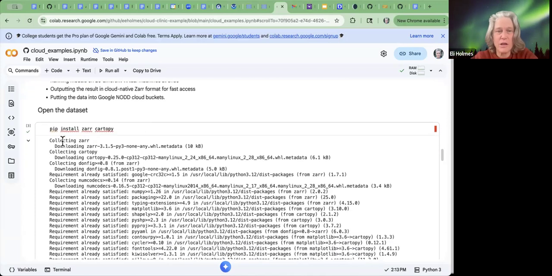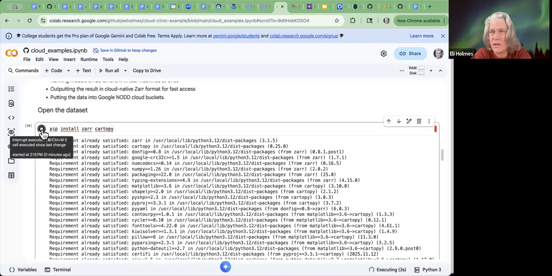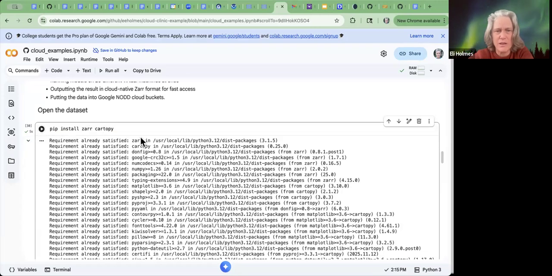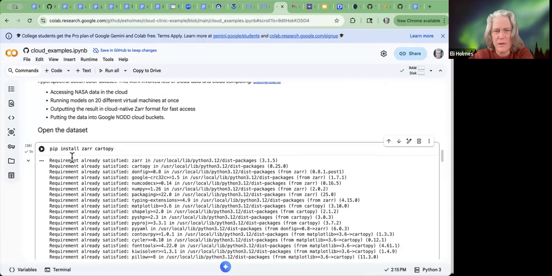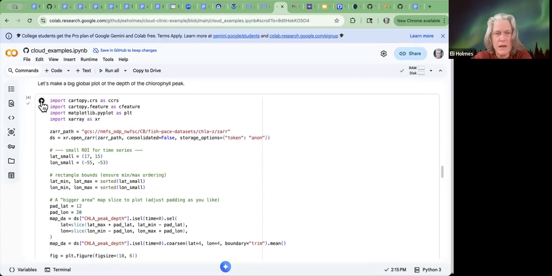So let's go ahead and plot something from that. Before we do that, right under where it says open data set, run this code here because you need to install a couple packages that Google didn't provide for us. Google by default provides a lot of packages, but it didn't happen to provide these two. But that's okay, I can just install them. You see, it went fast. And now we can make a plot. So let's go here. We'll just run this.